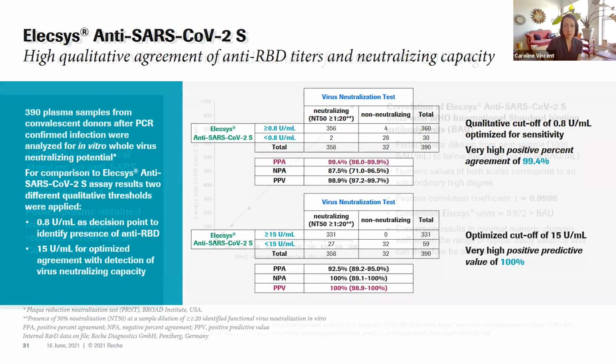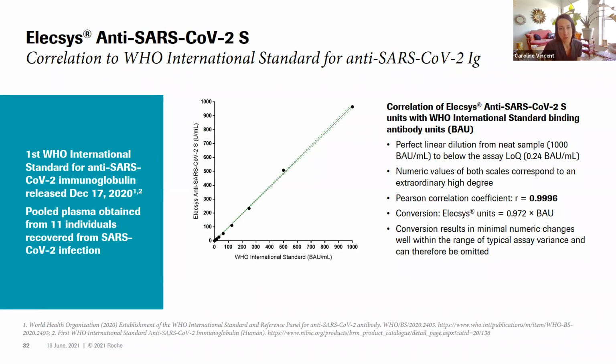In December 2020, the World Health Organization released the first international standard for anti-SARS-CoV-2 antibodies. Here we evaluated the correlation between the units of our Elecsys NTS assay and the units of the international standard using pooled plasma from 11 individuals that had recovered from a SARS-CoV-2 infection. As we can see in this figure, we have an almost perfect linear relationship between the two scales with a Pearson correlation coefficient of